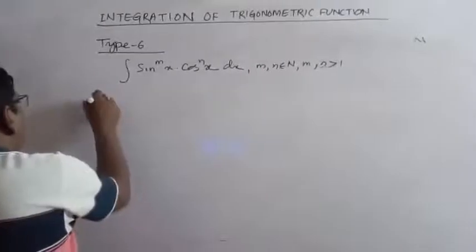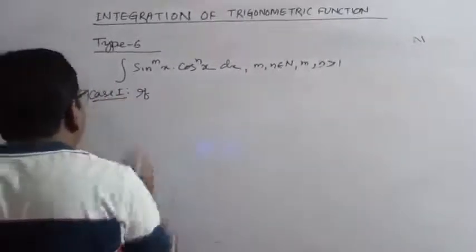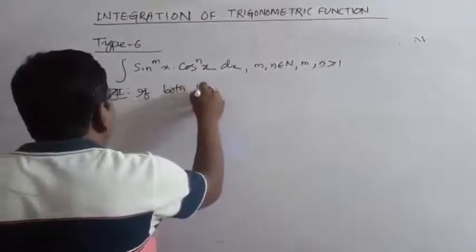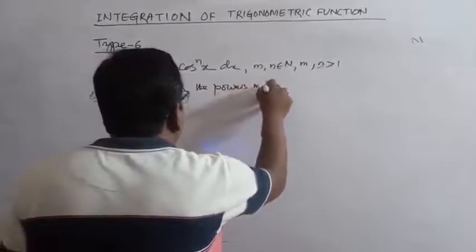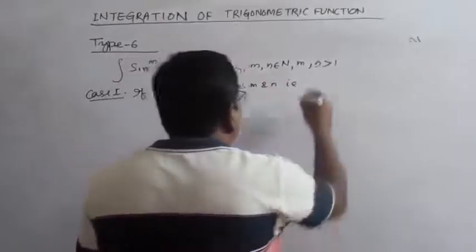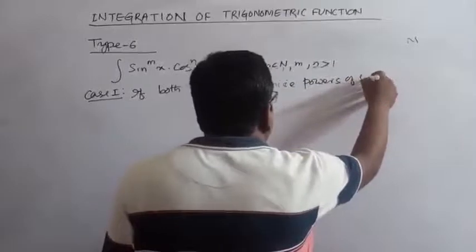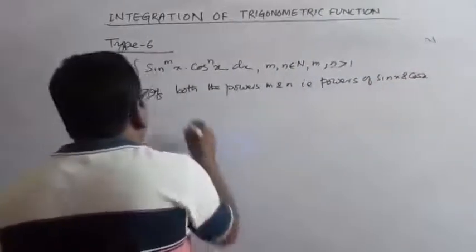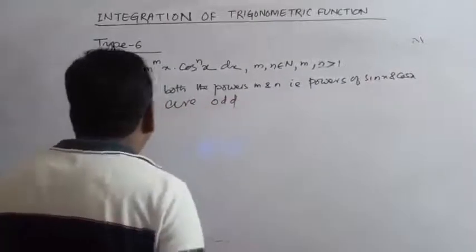Case 1: if both the powers, that is the powers of sin x and cos x, are odd, then the procedure is